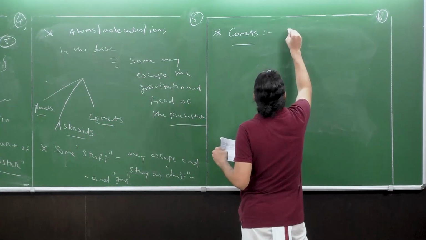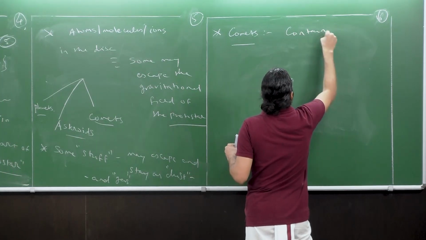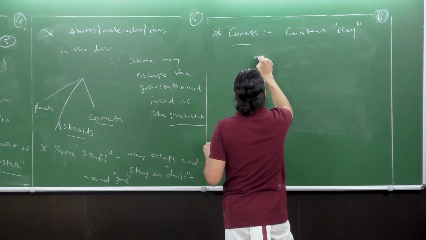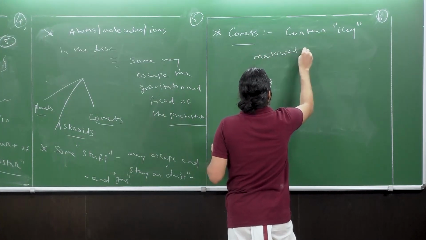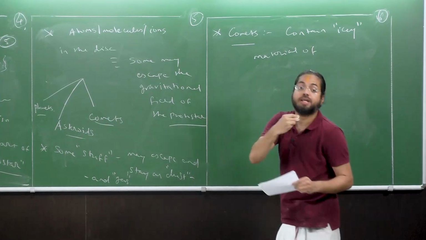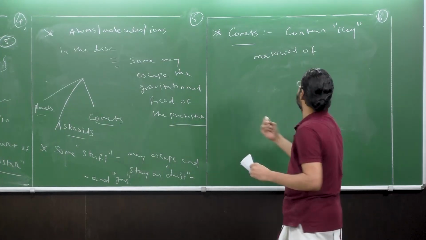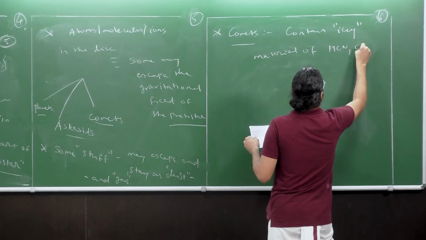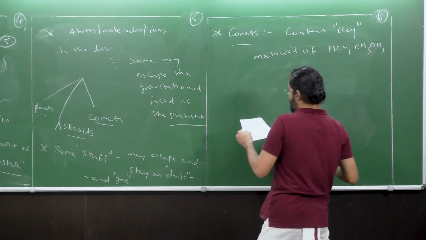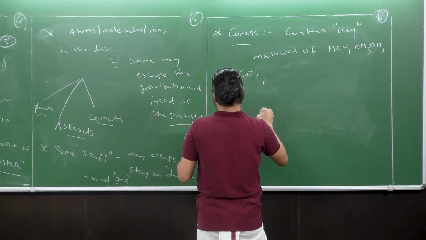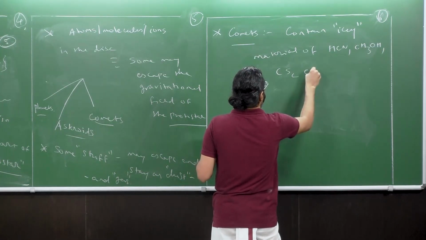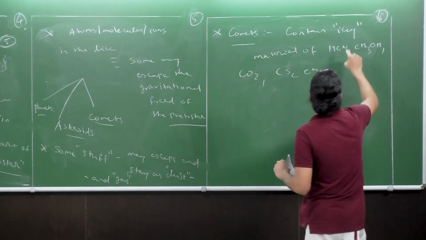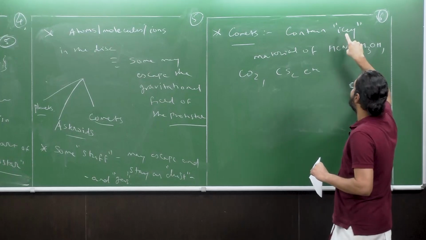For example, material of volatile small molecules such as HCN, methanol, carbon dioxide, CS2, etc. Okay, right? The key thing is that by my use of the phrase ice here,